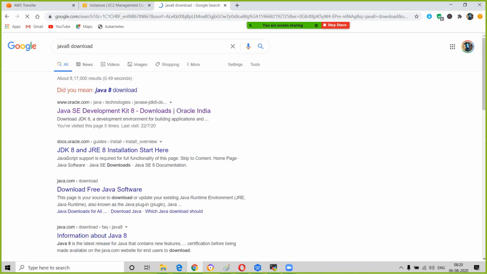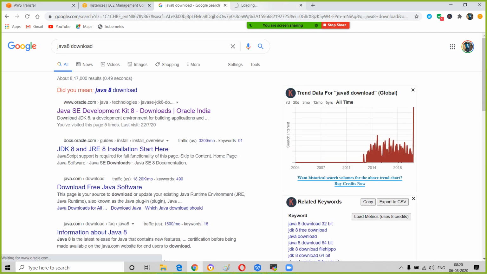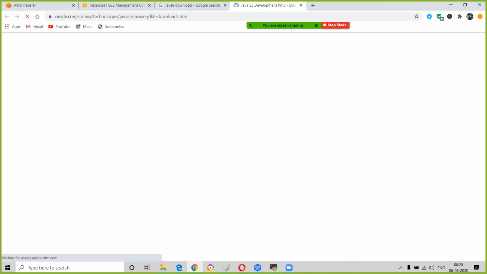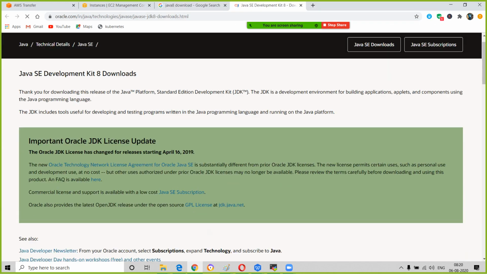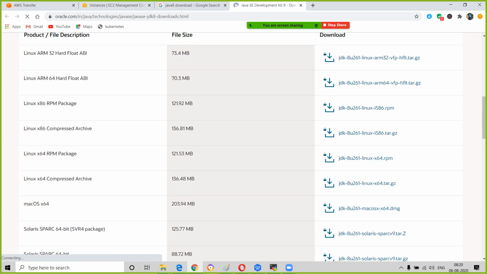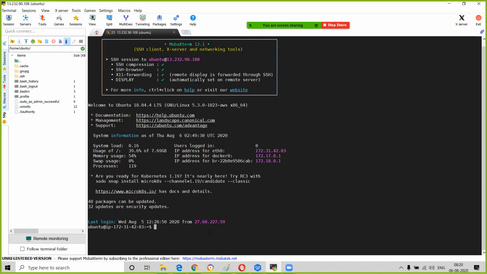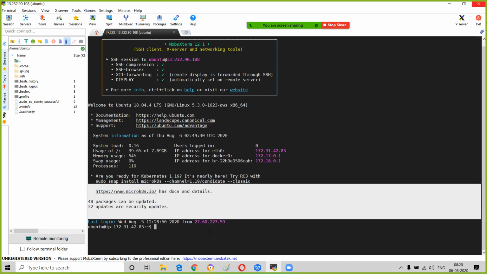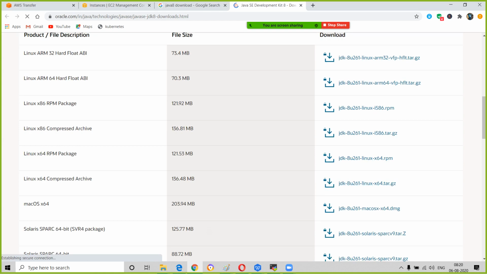Specifically, it will take you to the Oracle site. Just click on this one, Oracle. You know all this process. What do we have to download, guys? We have to download the tar files, because I want to set up the environment variable in Linux. So I have to download the tar file. Search for your tar file, guys.